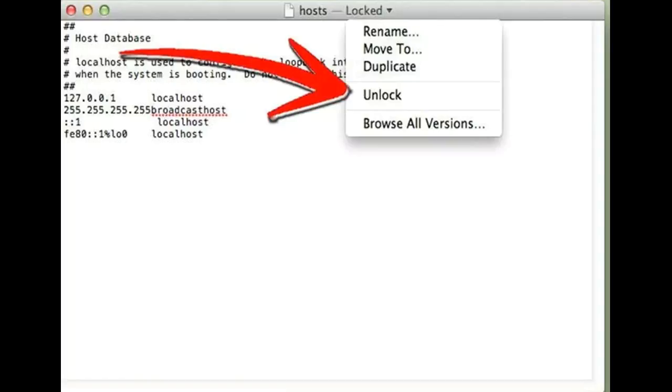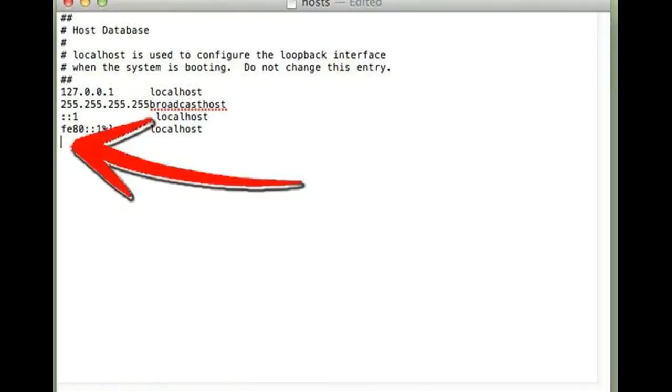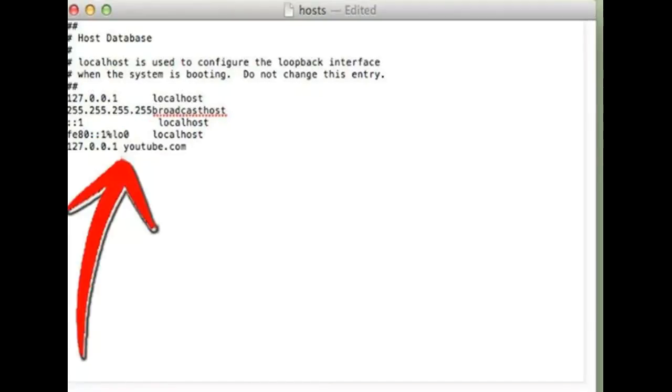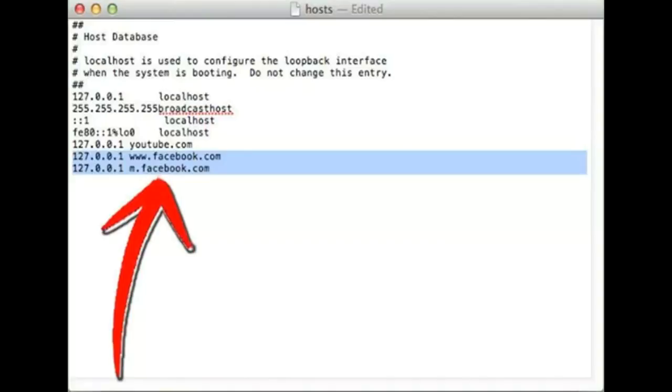In TextEdit, locate the line 127.0.0.1 localhost. Create a new line directly underneath it with a hard return, press Enter. Type in whichever website or websites you wish to block. You can add any site, but you will need to preface it with 127.0.0.1. To block the website youtube.com, for example, just type in